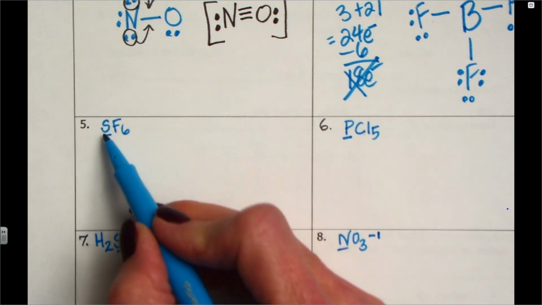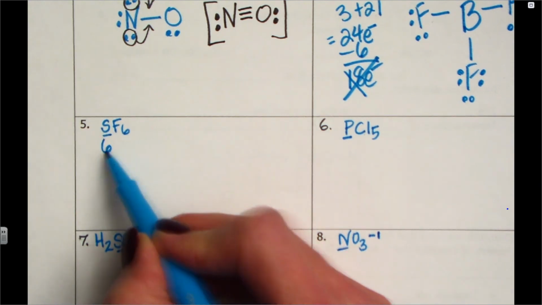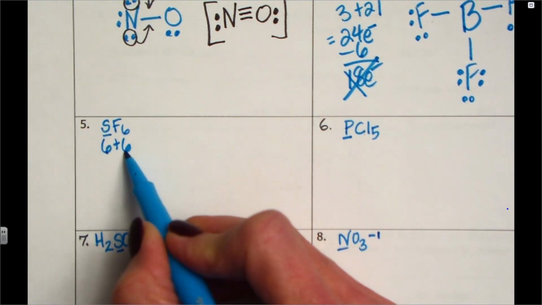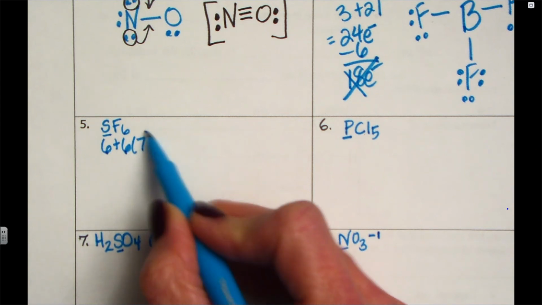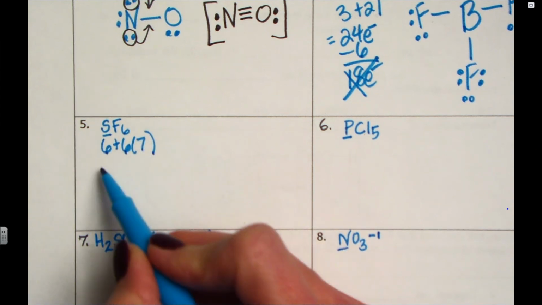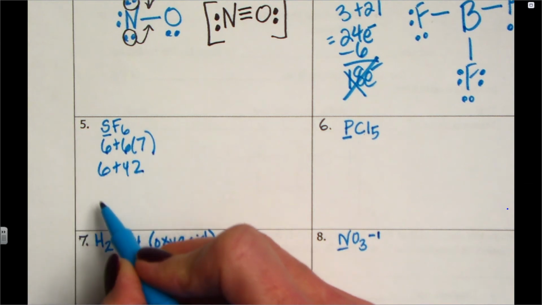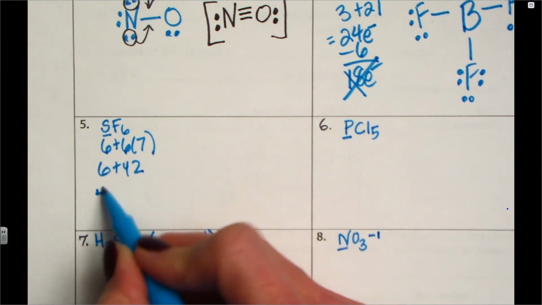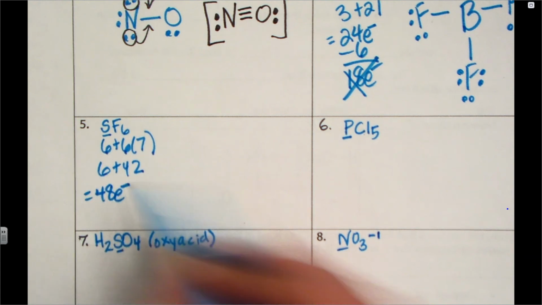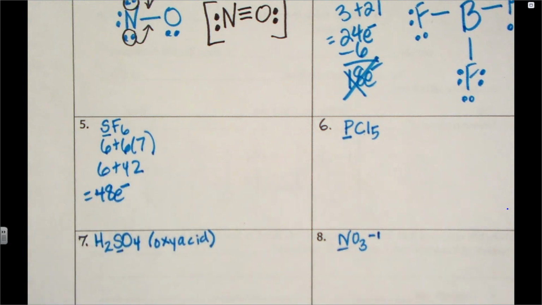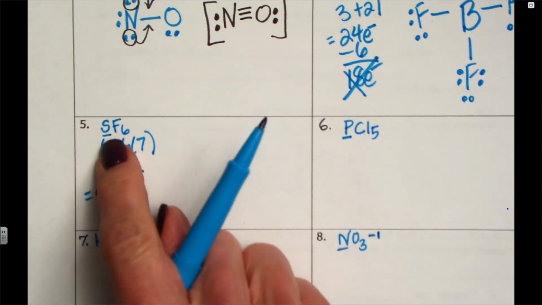So sulfur is in group 6A. He has 6 valence electrons. There's 6 fluorines, and they've got 7 valence electrons apiece. So that's going to give you 6 plus 42, and that gives us a total of 48 electrons. Okay, so this is going to be one of these expanded octets, which is okay because let's look at who